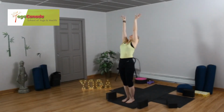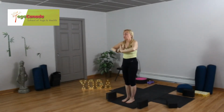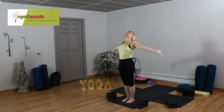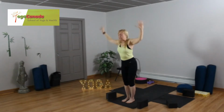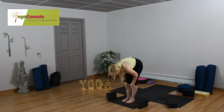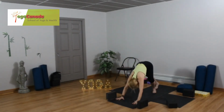And now let's lift hands toward the heart and open the mouth, breath of joy. Arms on either side of the body. Raising the arms and exhale, let's fold. Half lift. Right and left leg back into your downward facing dog and